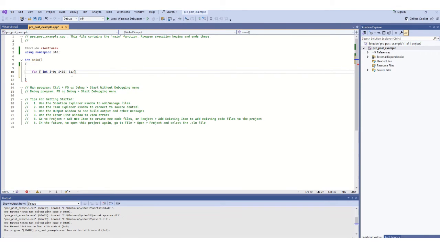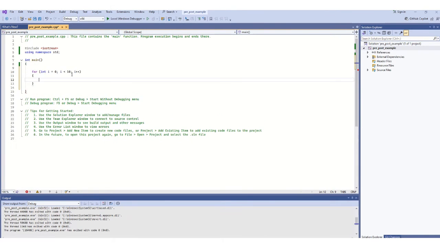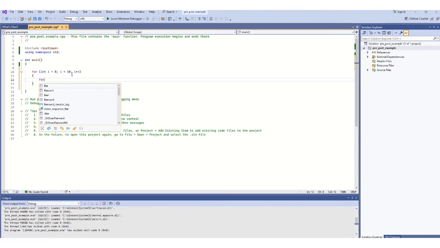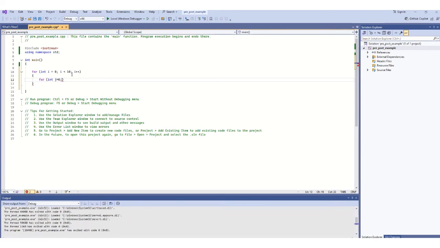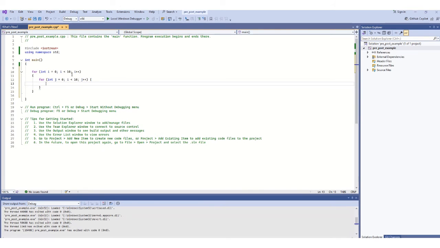That is your rows. Then inside it, you can design a column: integer j equals 0, j less than 10, maybe it is a 10 by 10 table, j plus plus. So if you do that, and then if you print,